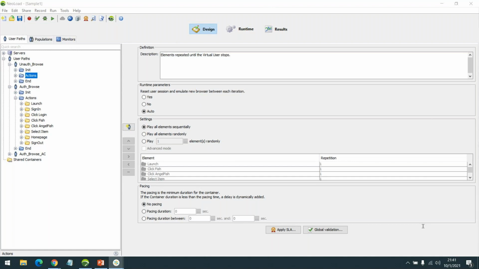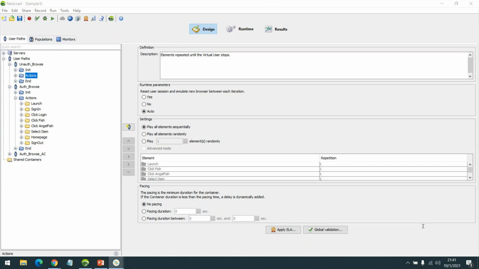If you are just using a simple web application, you want to develop quickly, and you're also looking to save some cost, then definitely you can go ahead with NeoLoad.